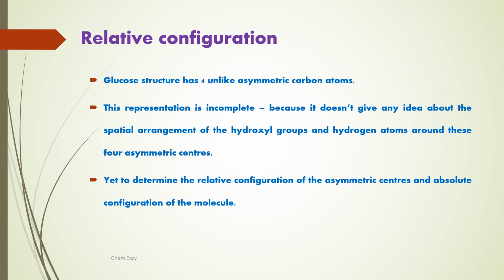Glucose structure consists of 4 unlike asymmetric carbon atoms. So what is an asymmetric carbon atom? If the carbon is attached to 4 different types of atoms or groups, then the carbon is an asymmetric carbon. Glucose structure consists of 4 asymmetric carbons,